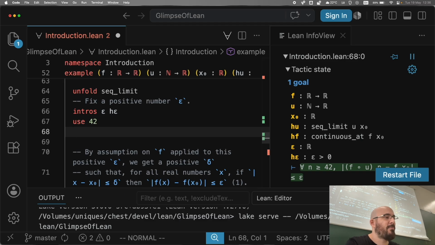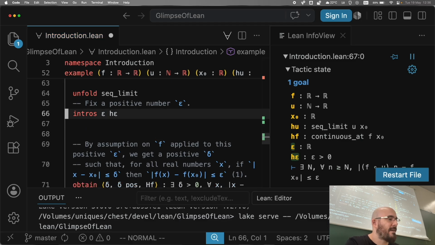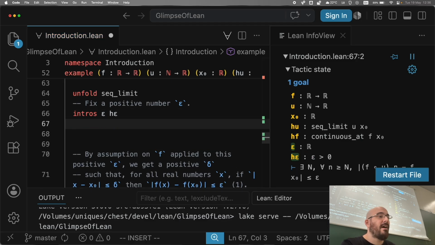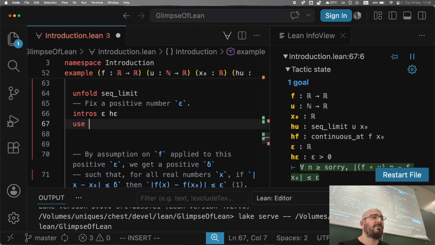You say, aha, okay, bad idea to use 42. Go back, okay? So that's a regress. So what will I use? And at this point, it's not very clear what I should use. I mean, if you have seen this proof 1,000 times, maybe you say, okay, use this thing. And especially in this kind of proofs with epsilons and deltas and n's,